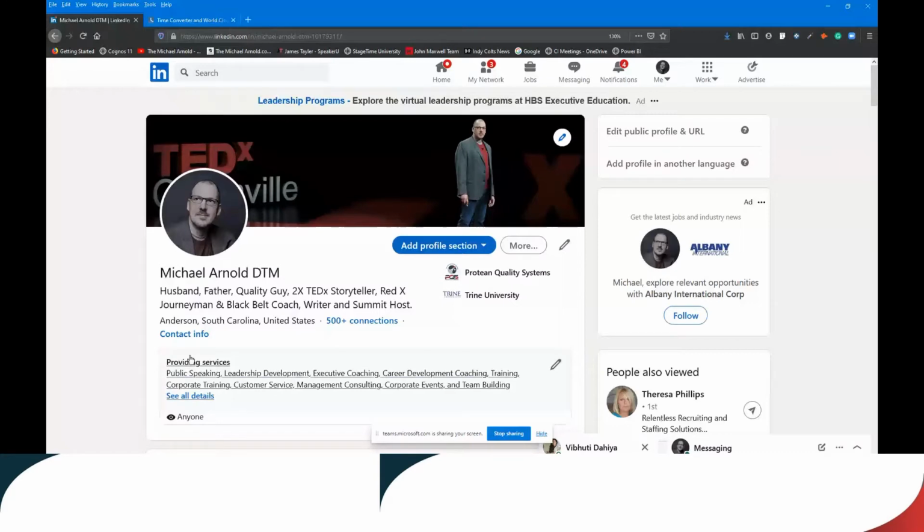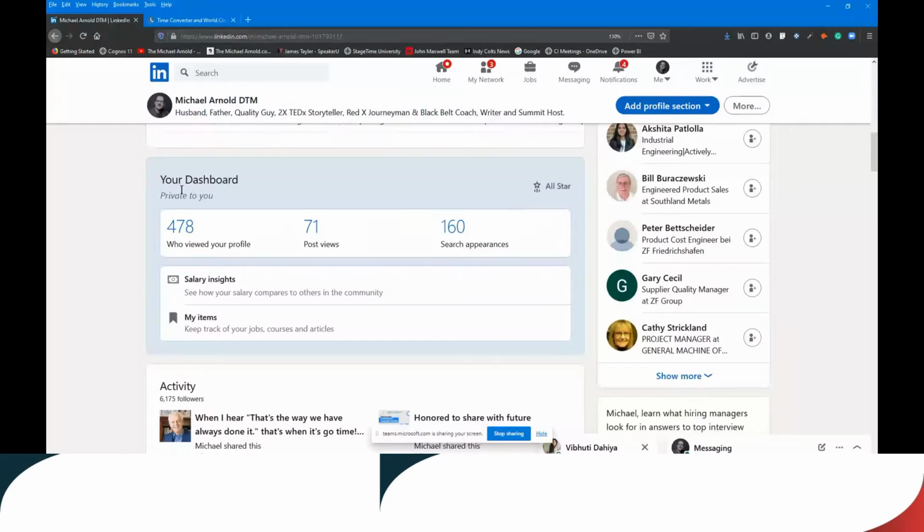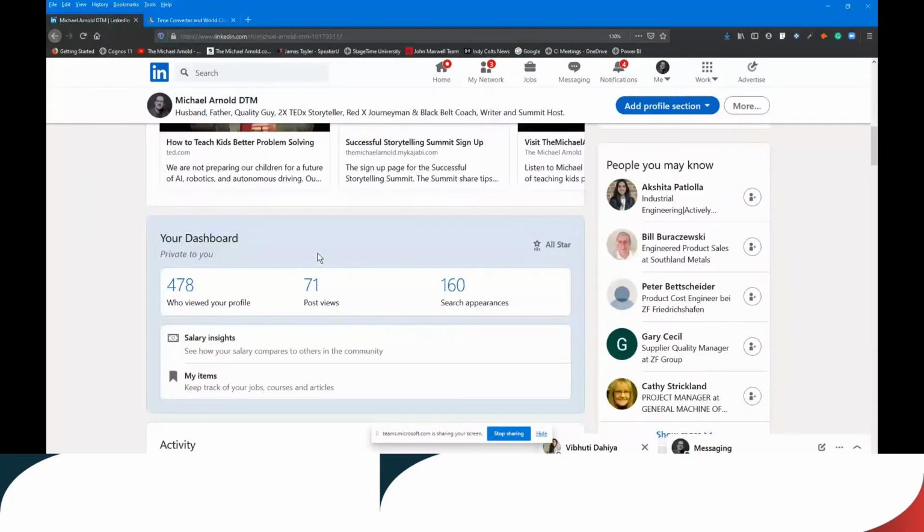So let me show you what I'm talking about with All-Star Profile. So this is my dashboard. Only I can see this on LinkedIn, but it shows me what my profile is doing on LinkedIn. And you can see here I have an all-star profile. So 478 people have viewed my profile in the last 90 days. So almost 500 people. 71 people have viewed my latest post, and I've shown up in 160 searches in the last 90 days as